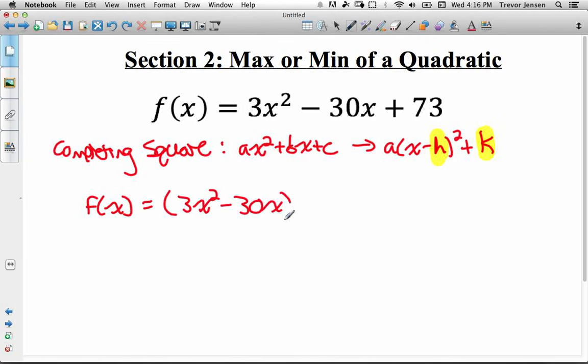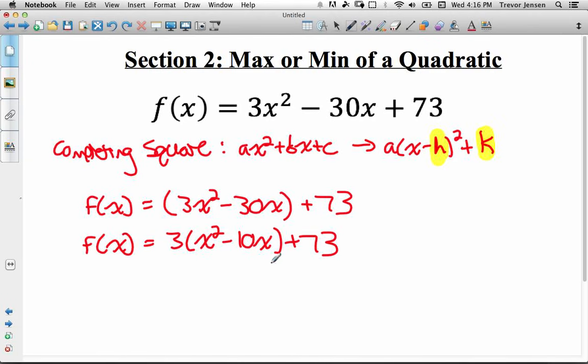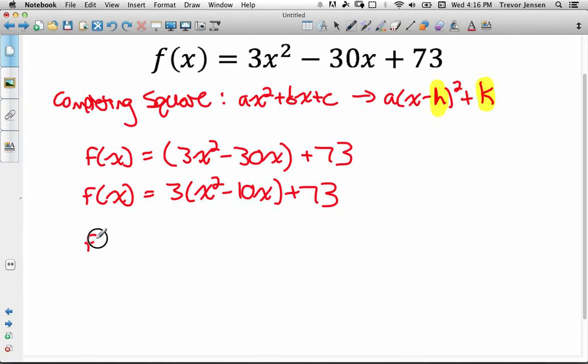And then you leave your C value, your plus 73, off by itself at the end. Next step, whatever is in front of the x squared, you factor it out from what's in the brackets. So I'm left with x squared minus 10x in the brackets. Next step is you create what's called a perfect square trinomial inside the brackets by adding and subtracting half of